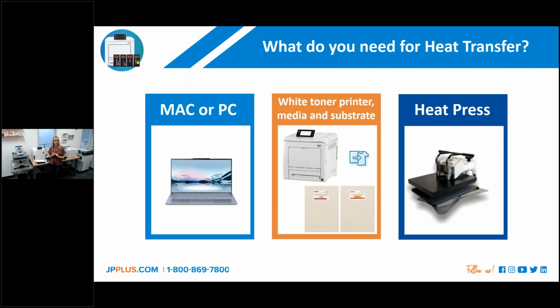You're going to need a white toner printer. They typically already come with toner. You're going to need a specific media as well. So if you're looking to do garments or hard substrates, temporary tattoos, window clings, your papers are going to vary. So you need to have the correct media for what you're looking to print on. And you can print on virtually, like I said, any substrate. So dark garments, wood, you can transfer literally anything that will fit in a heat press and accept heat. Then you've got to have the heat press. You can use the same heat press for heat transfer that you're using for sublimation.